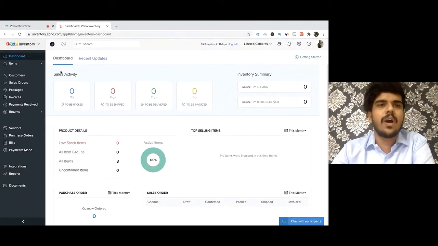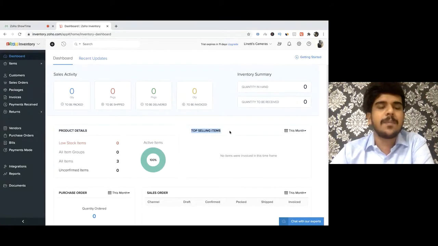Whenever you sign into your Zoho Inventory account, this is the first module that you'll be seeing, the dashboard of Zoho Inventory. This is basically an overview of what is happening with your business from an inventory perspective. It will give you key details like sales activity, inventory summary, product details, top selling item.